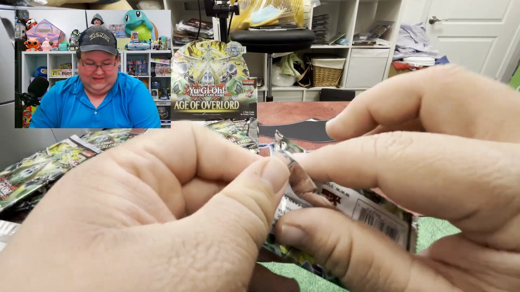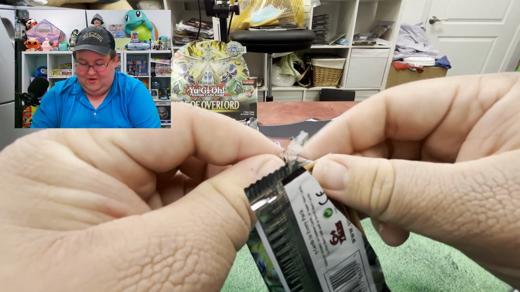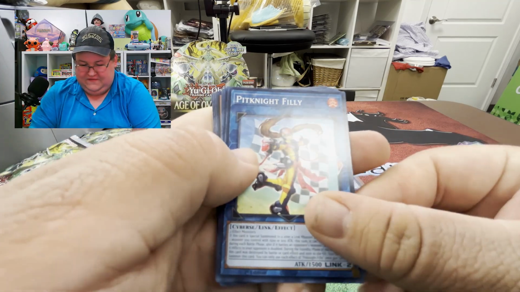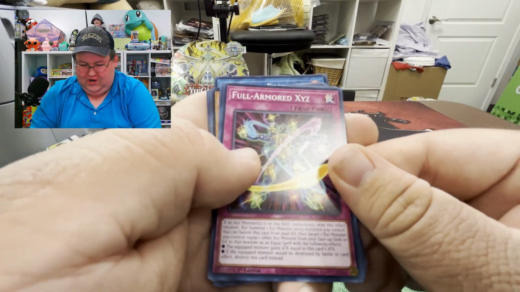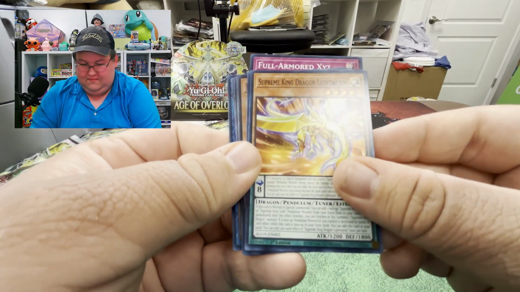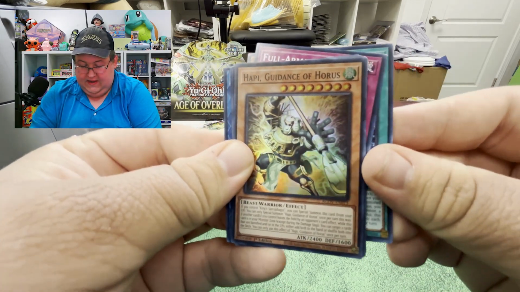Last pack on the left side, we have already hit it big. Let's see if we can go even further with a quarter-century rare. We've got Pit Knight Philly, Full Armored Xyz, Supreme King Dragon Lightworm, Pendulum Evolution, and our holo here is Happy